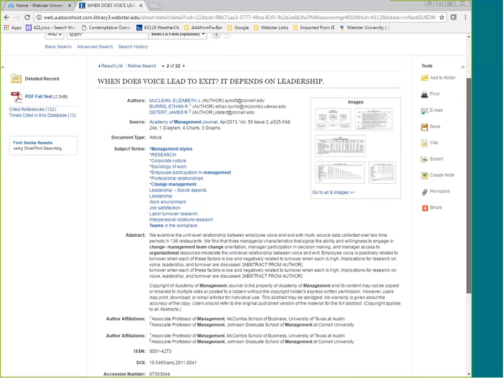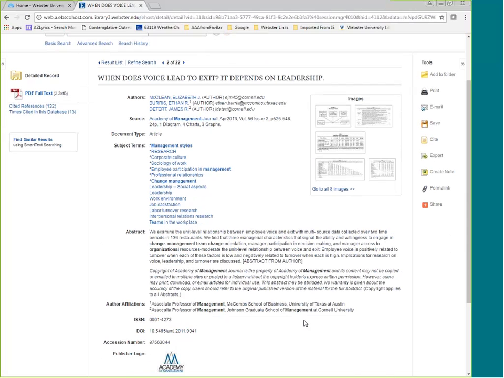This is actually what it's searching, only the words in the record. This one has the PDF full text, so you can click on that to open it. You will want to save that if you want to have access to it after this session.